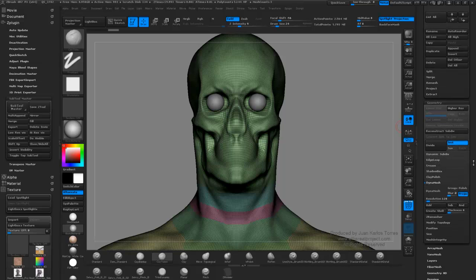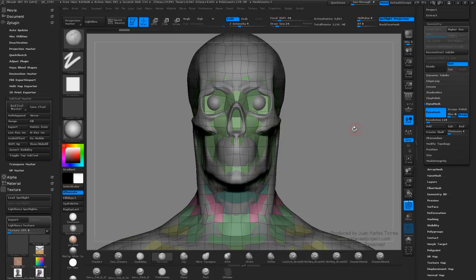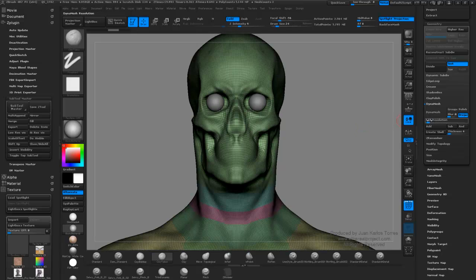And here's Dynamesh. I usually like to not blur it at all. 128 is going to be too low, but I'm going to show you guys anyway. See, it's very, very low, and I don't need that. That's too low. Let's go for 256, which is the next level. And you can hit enter, but it's going to be red, and as soon as you hit Dynamesh, it's going to go back into 128. So to avoid that, you have to actually tap the background. Now Dynamesh,